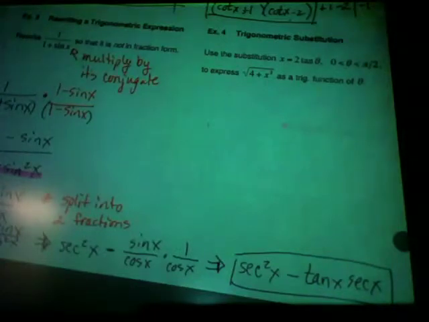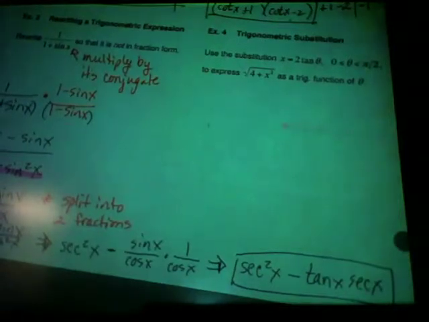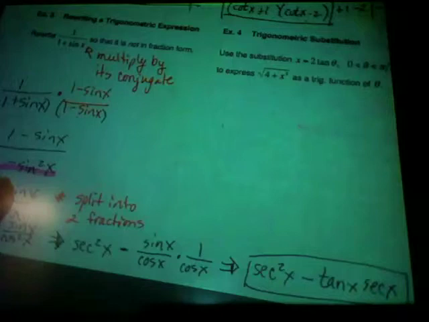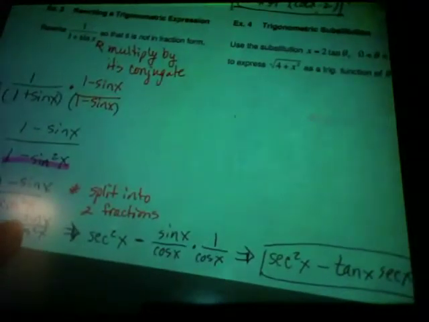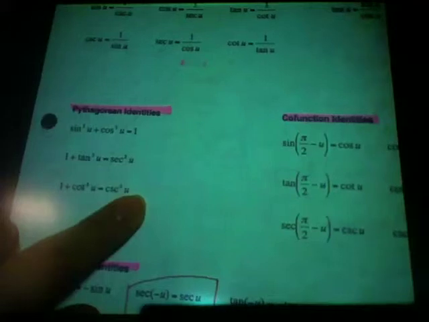I'm still confused as to why you could use 1 minus sine squared of x with cosine squared of x anyway. Because it's much more difficult to work with. No, I mean, I looked at the back of the paper and I don't see anywhere where it says 1 minus sine squared of x equals cosine squared of x. Right here. See this right here? See that one right there? I can manipulate any of these however I want to. Because I had 1 minus sine squared of x that I was trying to replace,